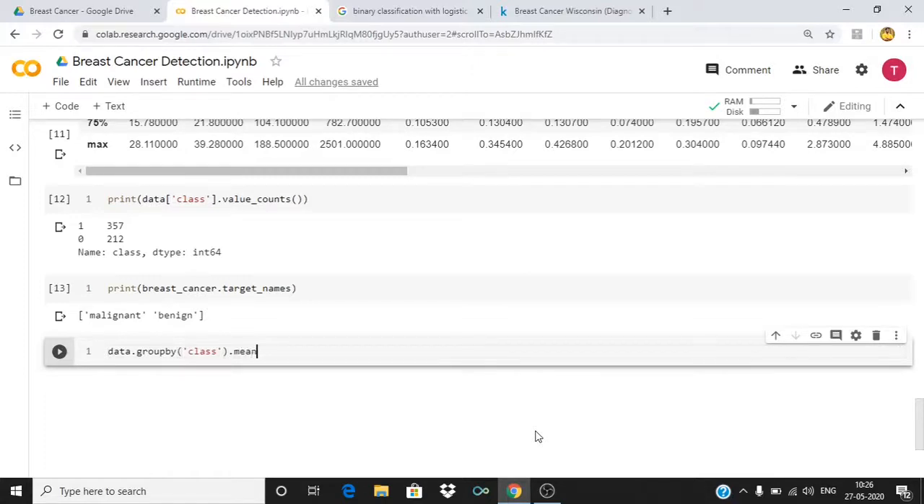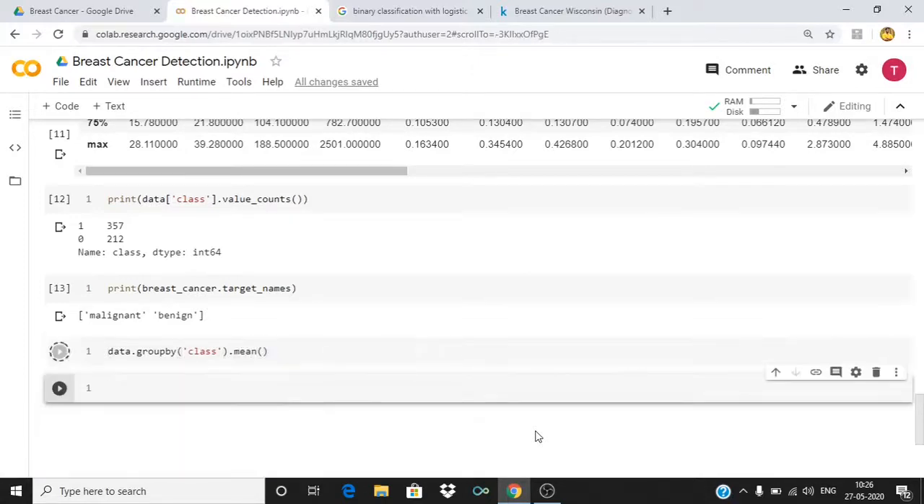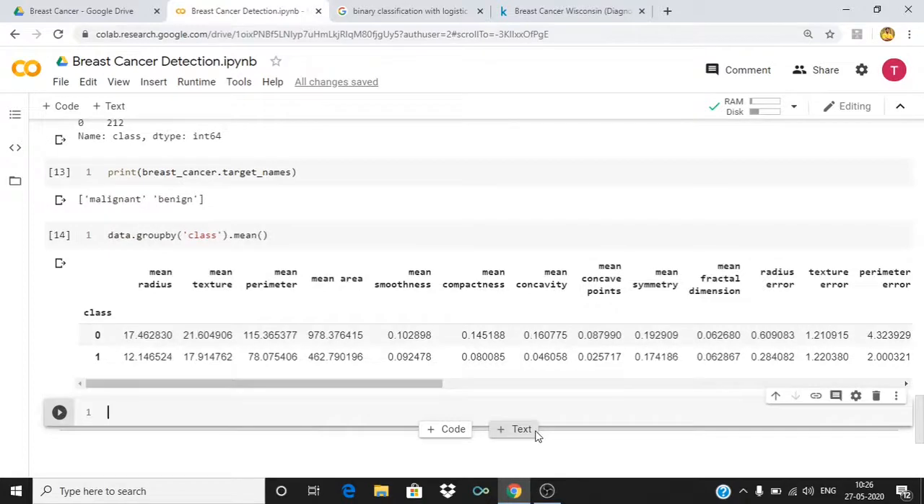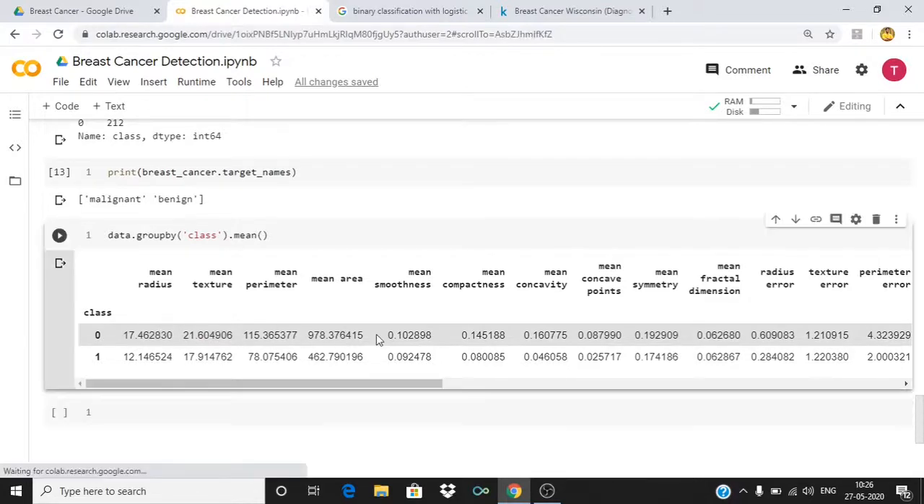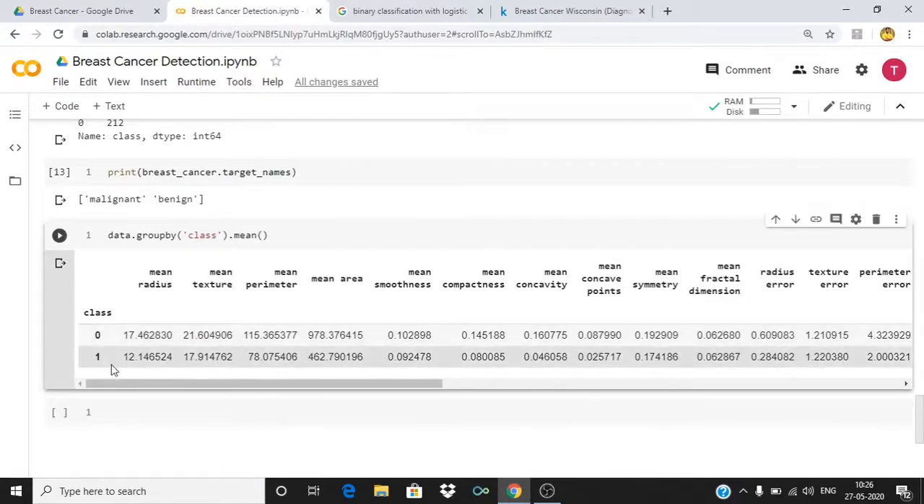Okay, we are getting the mean value for both the classes. So you can see here for class 0, which is malignant, there are these data, and for class 1 the same data is there, which is for benign. You can see that for malignant the value is high. I mean, these are the values of the cell radius. So the radius values and other things are high in the case of malignant, and it is low for benign